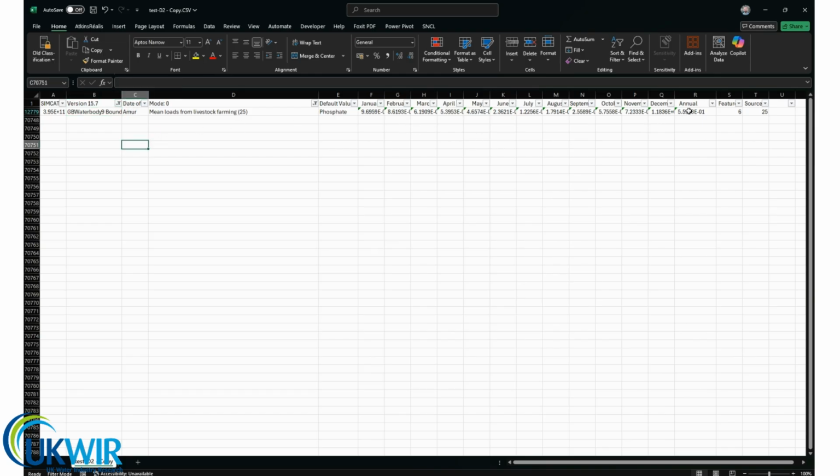And now we can see here 0.5 and then with some rounding 6. So this is mean loads from livestock farming, the mean load at this particular point in the map that can be found in the contributing output loads table. For this particular determinant, as indicated by the name of the file, D2, so that's the second determinant, orthophosphate, this particular sector, and this particular water body. Now, what about